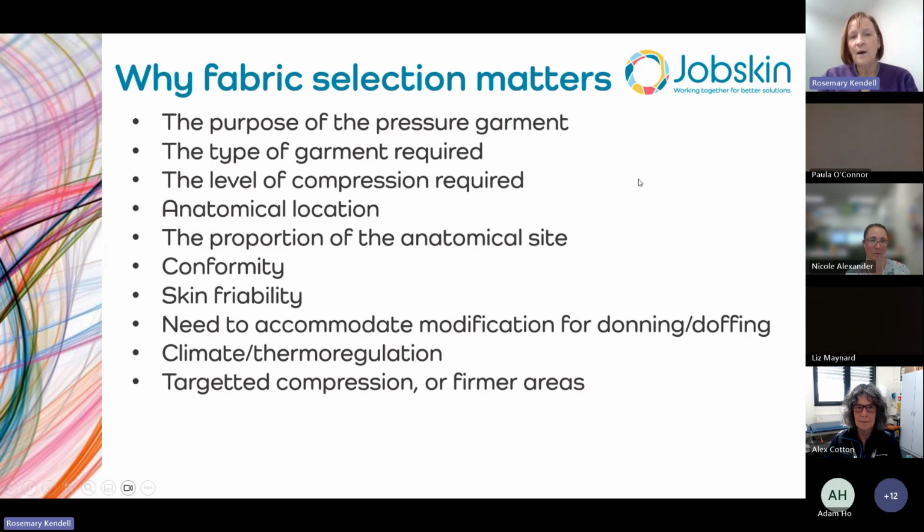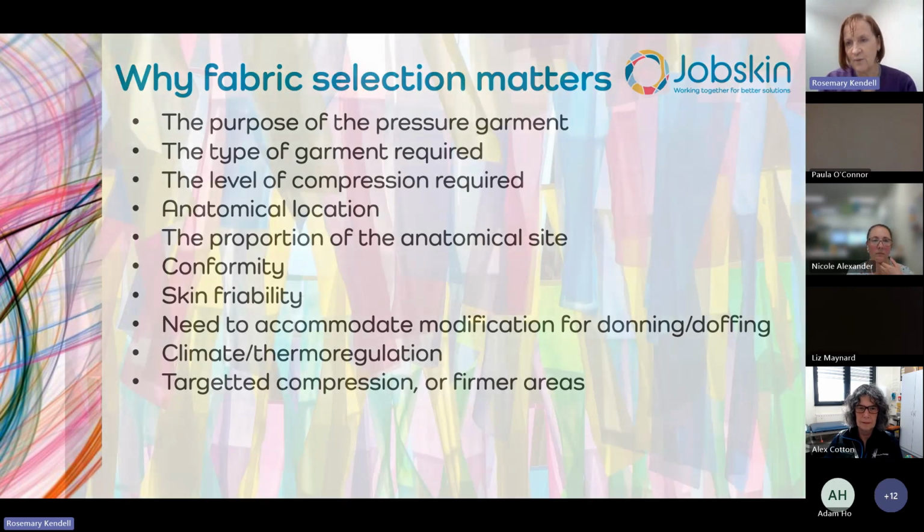Okay, so why does fabric selection matter? There's a whole range of reasons, and the very obvious one is the purpose of the pressure garment, whether you are containing advanced lymphedema or whether you are dealing with a relatively minor scar. There's a huge spectrum in between. The type of garment that you are needing, whether it's a sock or something to cover breast tissue or going over the shoulder or the upper limb, the level of compression required because different fabrics are capable of achieving different levels of compression,